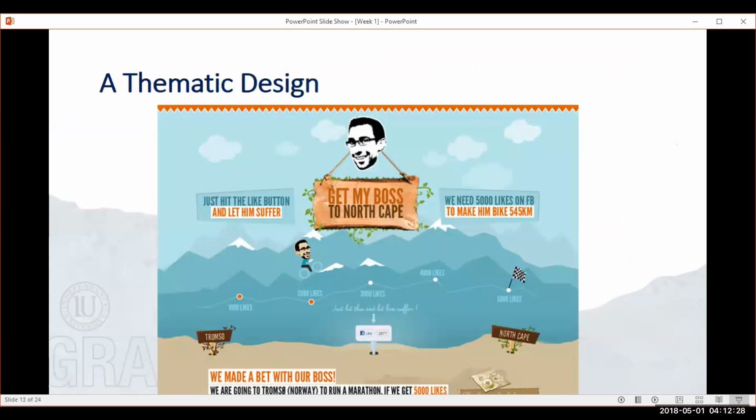Now, let's talk about those thematic designs I was talking about. Here's an example of a thematic design. This is a web designer that has used a thematic design on their website. One of the most noteworthy options web designers should include in their portfolio is a thematic design. This kind of project can be time